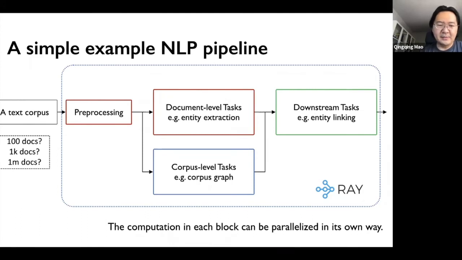And the downstream task may be parallelized in the way that you need to do some resolution or linking on each subgroup of documents, right? So each block can be parallelized in its own way. Traditionally, you can see there's a DAG here, and people may say, hey, you can just define a DAG and run it. But like I said, oftentimes this requires extra tools and learning and a totally different way to organize and write your code. And that can be a problem for data scientists.